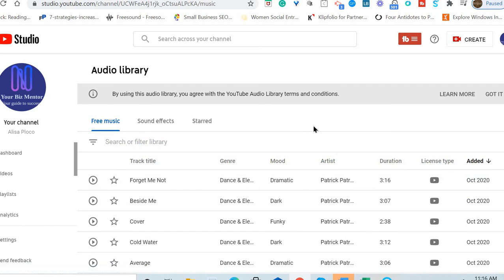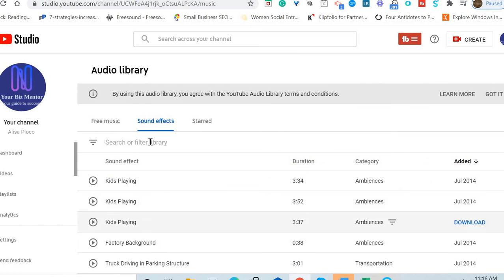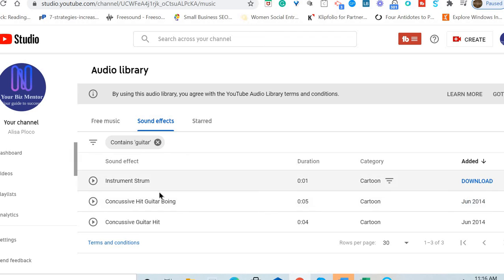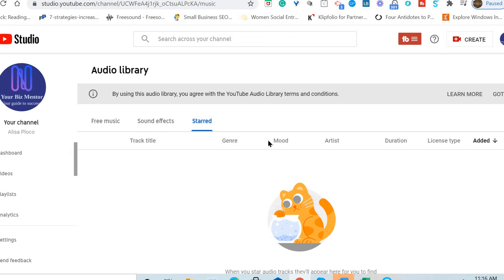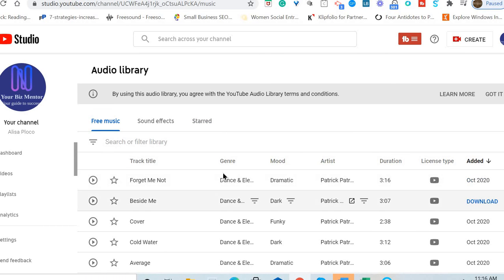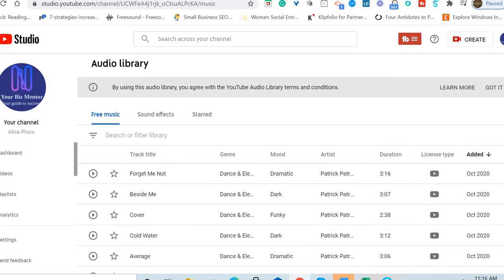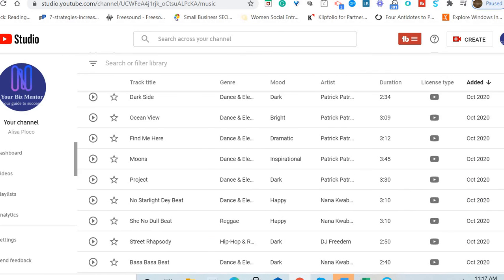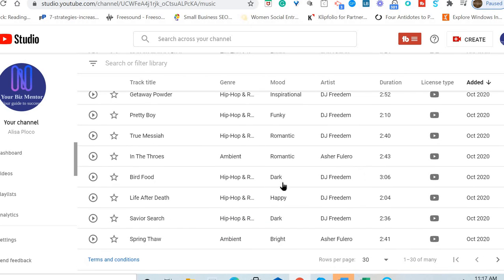And then you can choose from the tracks here. You can choose from the sound effects as well. Let's say you can choose by the instrument, guitar, and so on. Or let's say music. Okay. So anyways, you choose the one that you'd like to add to your video, and